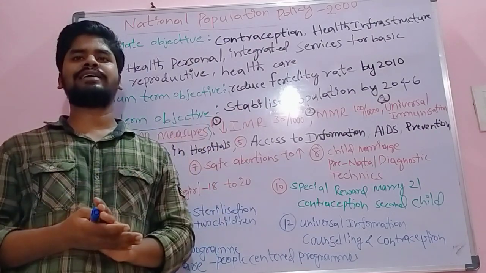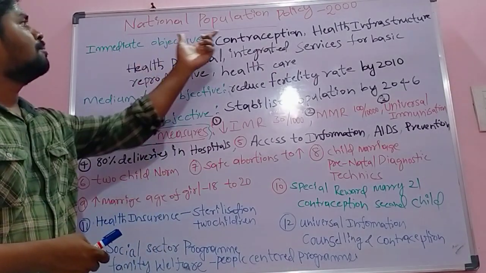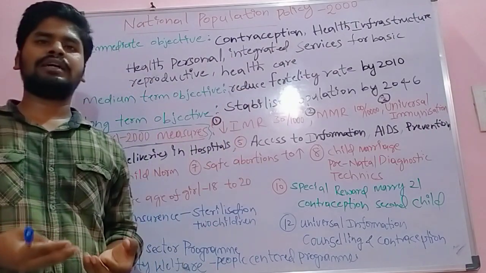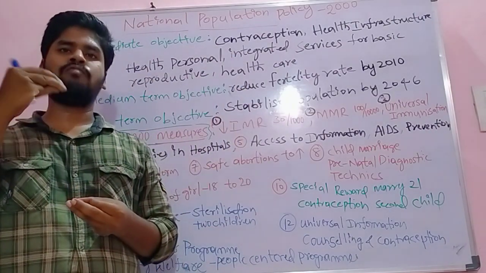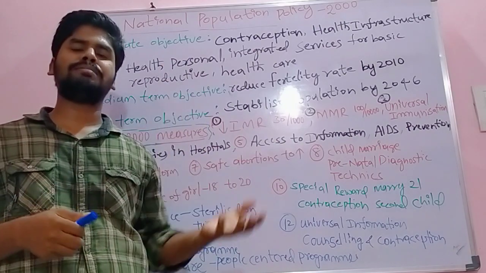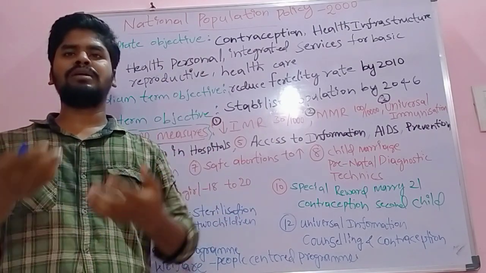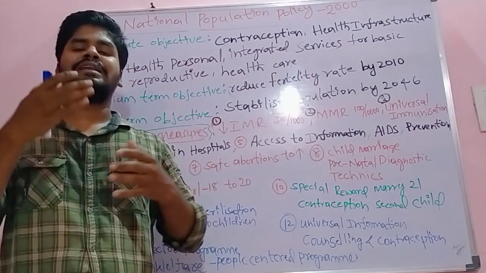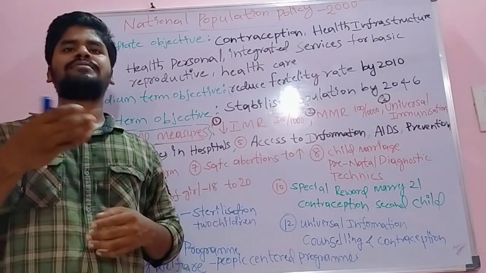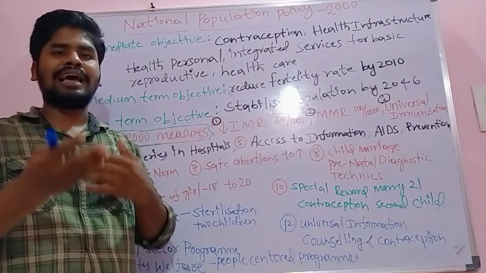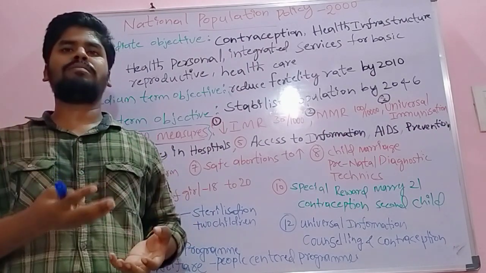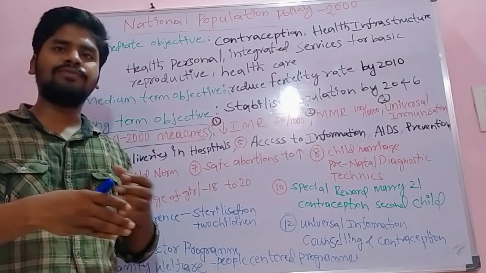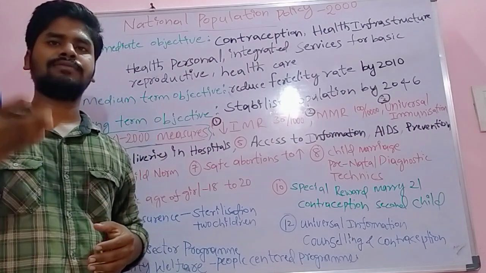Coming to today's topic, the National Population Policy in 2000. So far we implemented the five-year plans and the family planning system from 1952 and the 1970s. We implemented that family planning system to control our population. But the population is still increasing. The growth rate of population is very fast. To decrease and control the population, we had implemented many schemes, but our population is still increasing very fast.